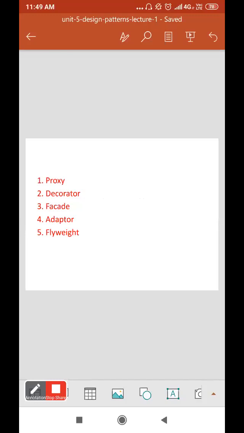Again, structural pattern has five subtypes. The first one has five subtypes and the second one also has five. So you have to remember, structural has proxy, decorator, facade, adapter and flyweight.